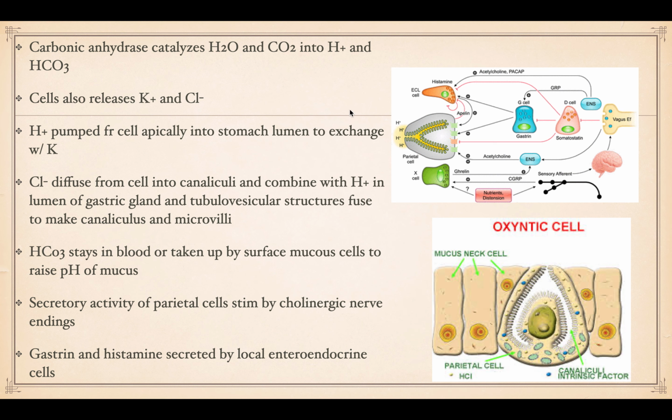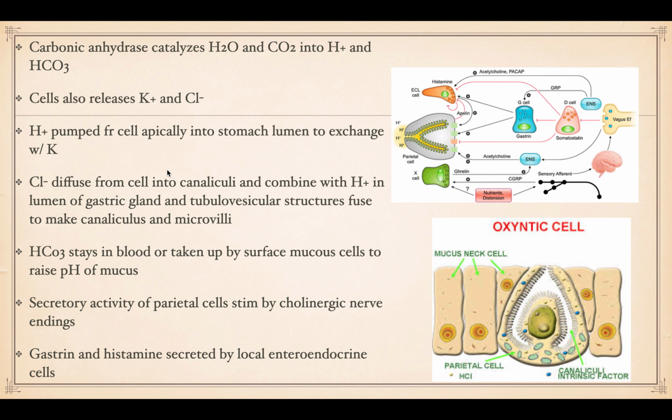In order to pump the hydrogen ion into the stomach lumen to exchange with potassium, the chloride ion will diffuse and combine with hydrogen to make hydrochloric acid, and the tubulovesicular structures will fuse to make the canaliculus and the microvilli,